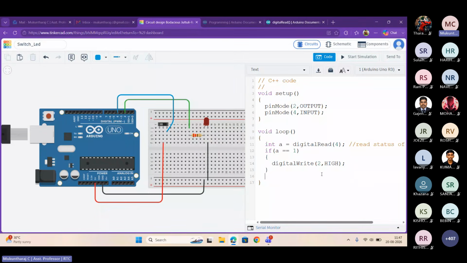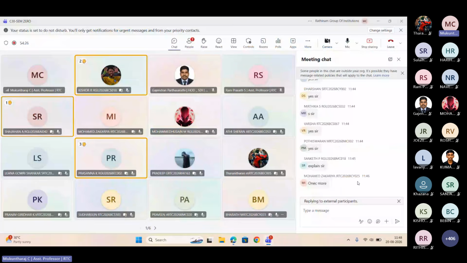I mean on glow. That is what the glow is, right? So it is going to be on. If the condition fails, then what do we have? Else statement. Correct. Okay, so in else, what do I need to do? Digital write of 2 comma low. That's all about